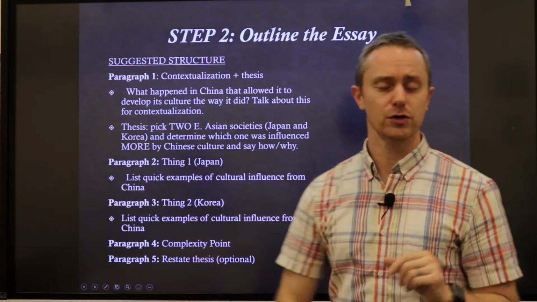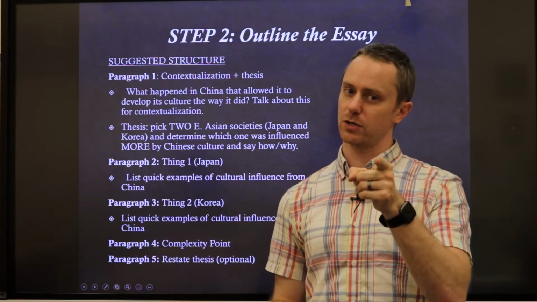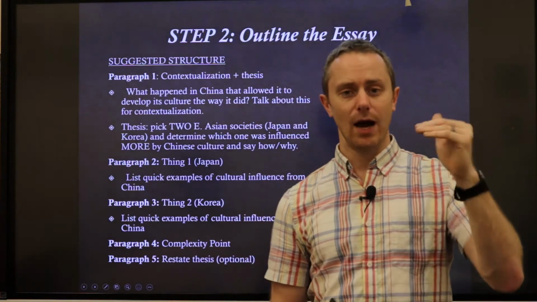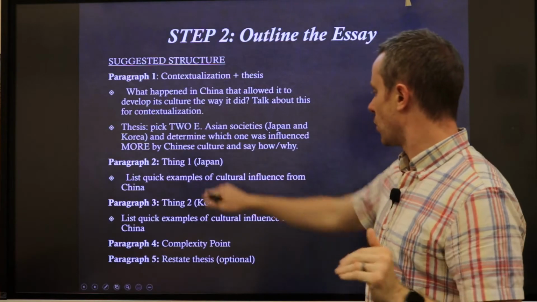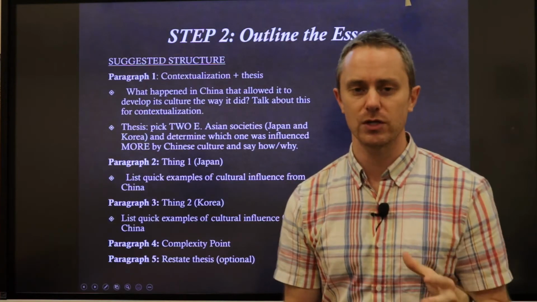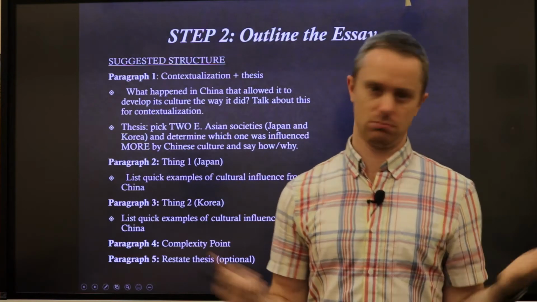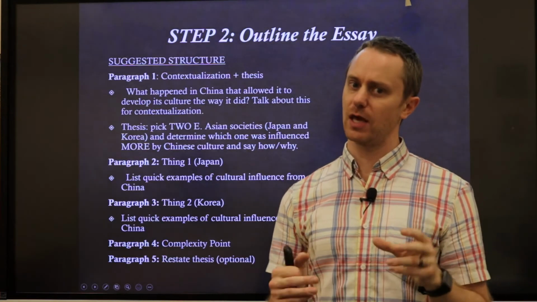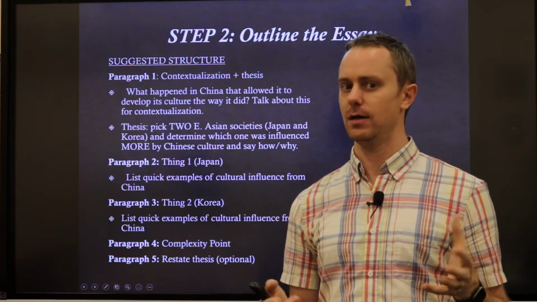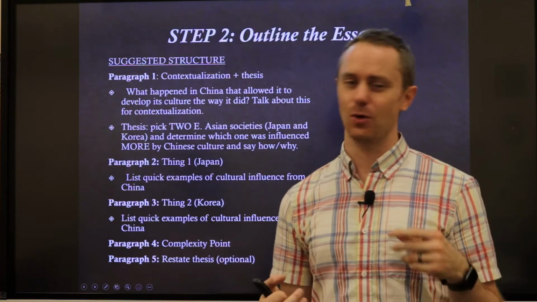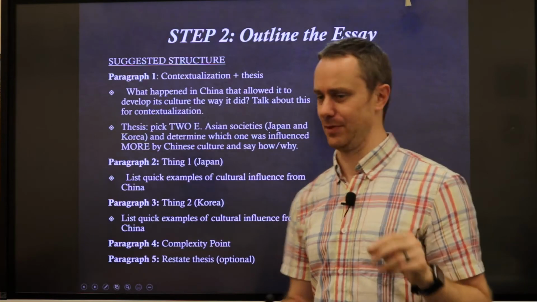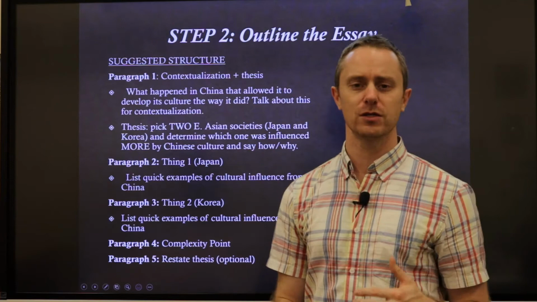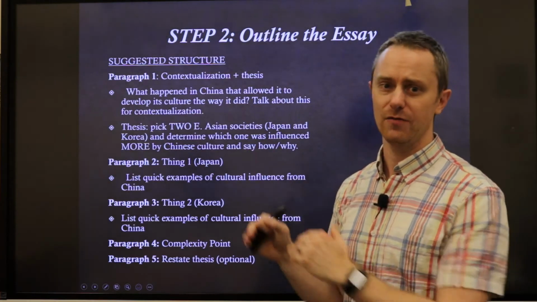Next, we have our first body paragraph. Thing 1, for you Dr. Seuss fans out there. Thing 1, we'll talk about Japan. So what you're going to do in your outline is you're just going to list a few ways that China influenced Japan through cultural traditions. Not that hard. But again, at this point, if you don't have 1, 2, 3 things that were influenced by China, either don't pick Japan or don't pick this prompt. One of those has to happen though. Next, same idea with Korea. Just rattle off some stuff that they were influenced culturally by China, and you have your outline.